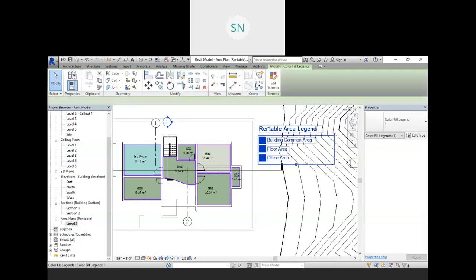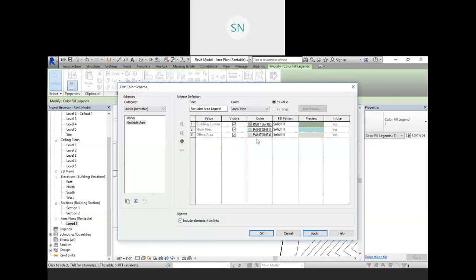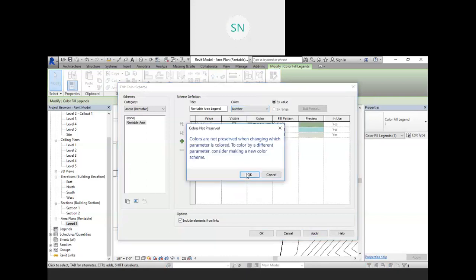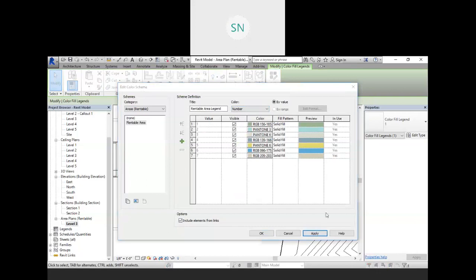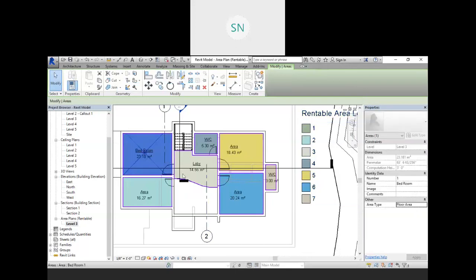And go to the edit scheme over here. Click on the edit scheme, and instead of this area type, I want a color with area number, for example, right? Hit ok. So here we have individual area number, right? So just select your area and you will get area number.